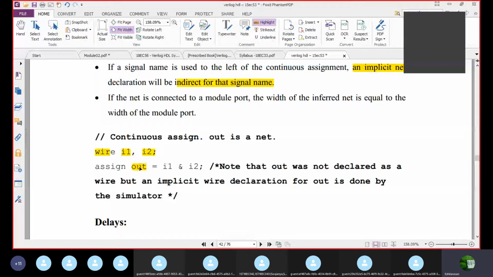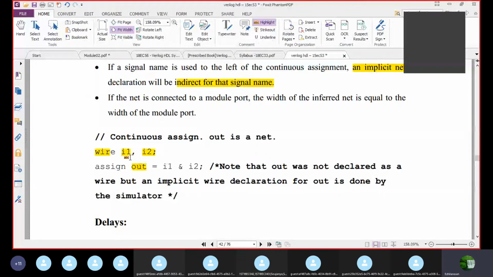Note that here out was not declared as a wire, but an implicit wire declaration for out is done by the simulator. For I1 and I2 we have not used anything like input I1 and I2; we straight away used them. So that is simply another way here.